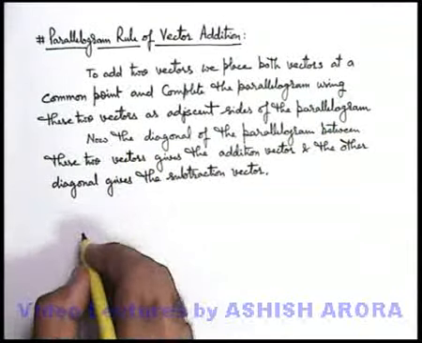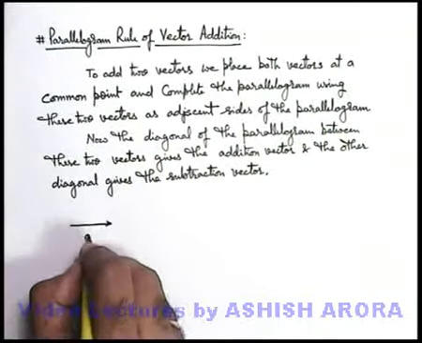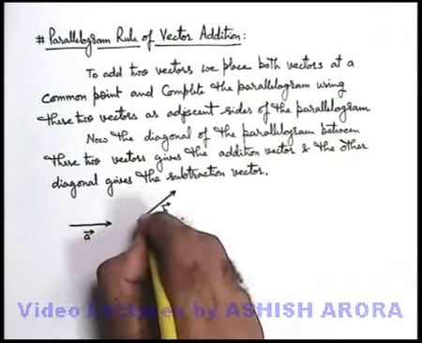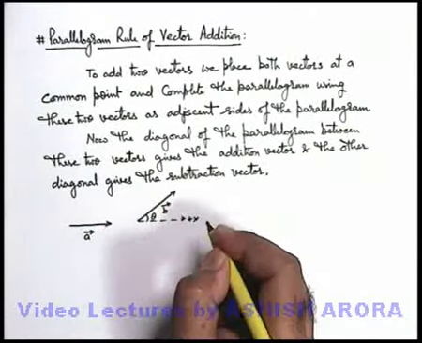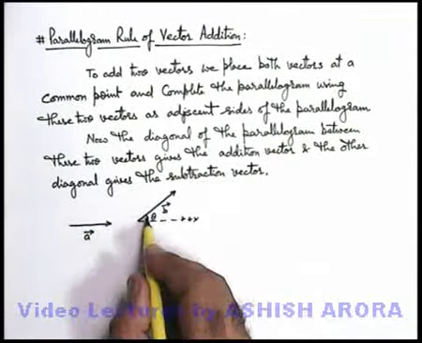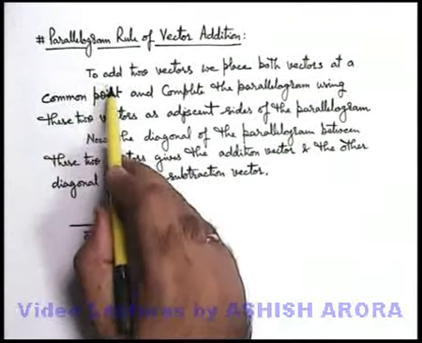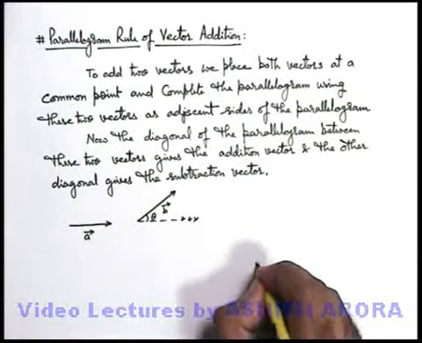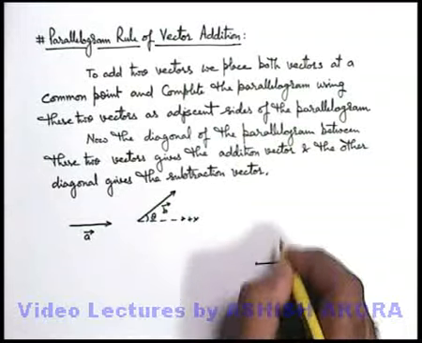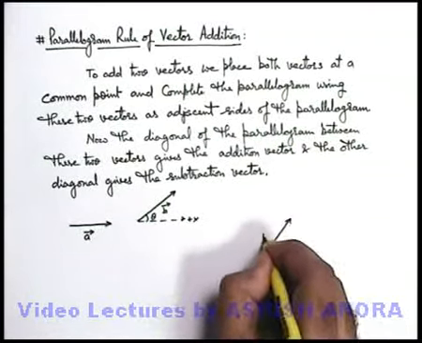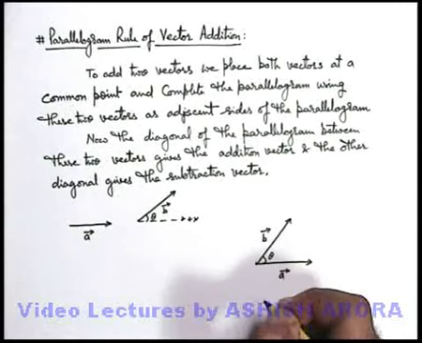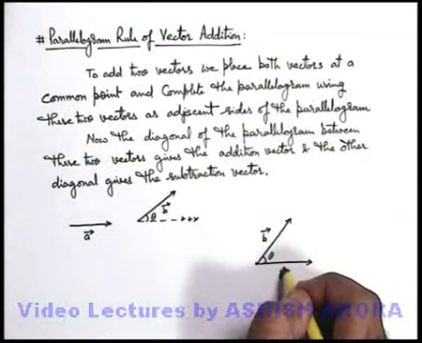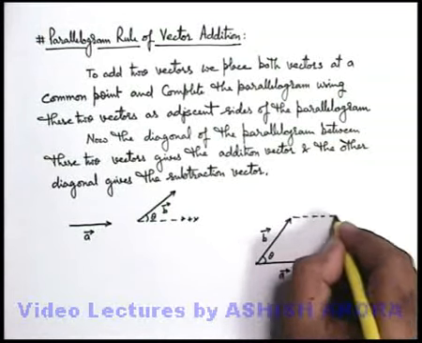And let's draw it. Say for example, we are having a vector A and another vector B, which is at an angle theta with the positive direction of x-axis. If we want to draw a parallelogram using these two as adjoining sides, first, to add these two vectors, we place both the vectors at a common point. Here this is vector A, and here this is our vector B, which is at an angle theta. Now, using these two as adjacent sides of a parallelogram, we complete the parallelogram like this.